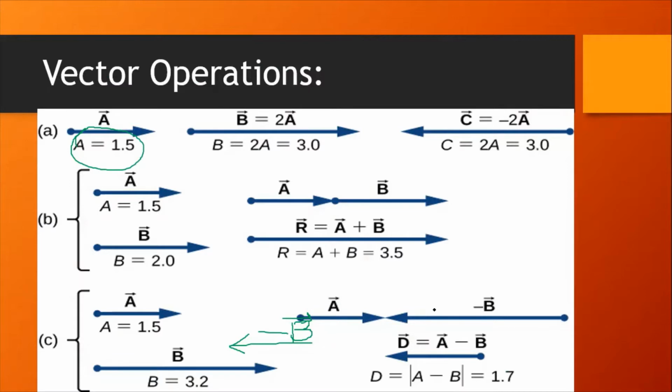You can easily add and subtract them, but remember what is happening over here: the direction can be changed. So when the direction is changed, you have to be very careful, and if it is opposite to the right hand side, then its value will be minus. So this is the way to do vector operations.